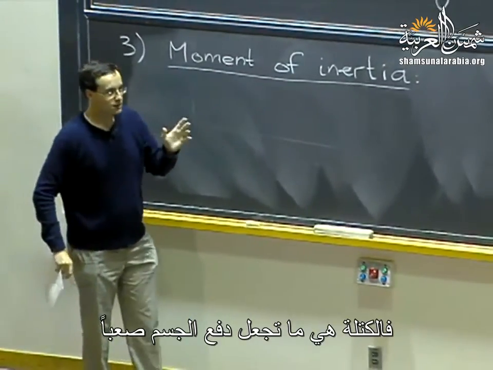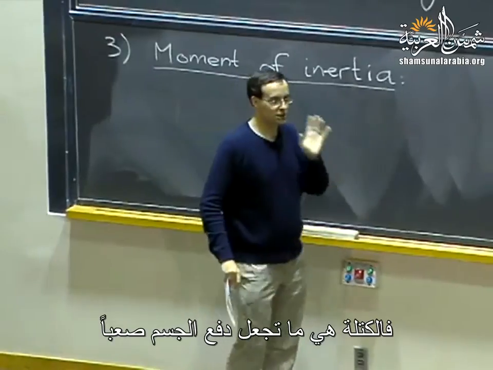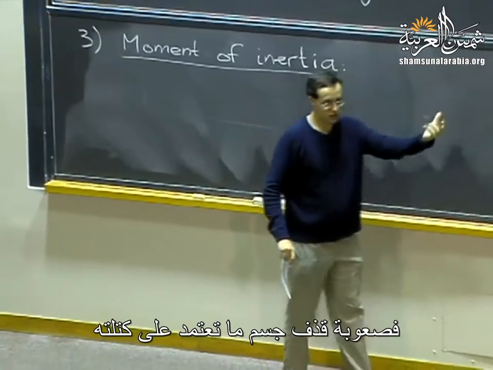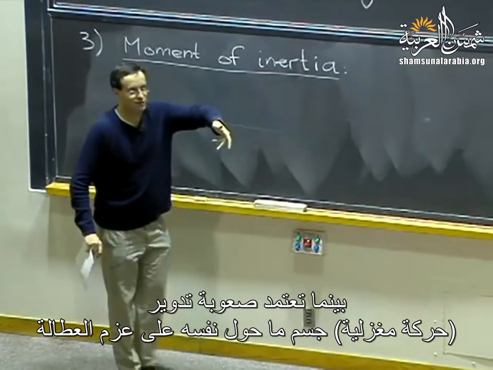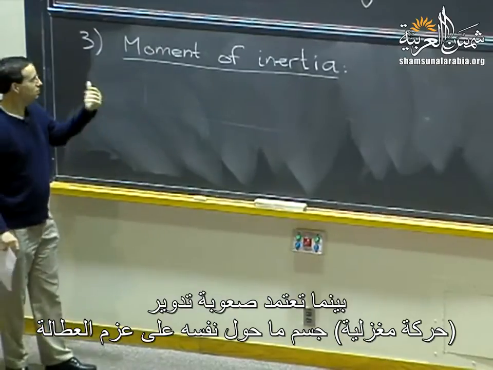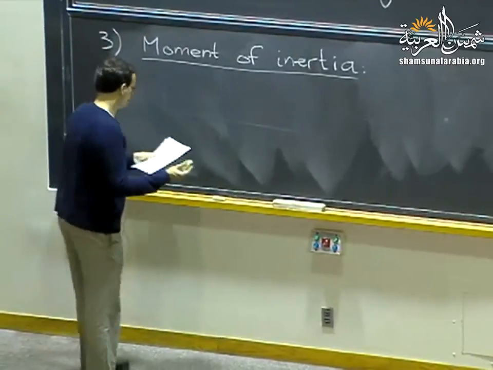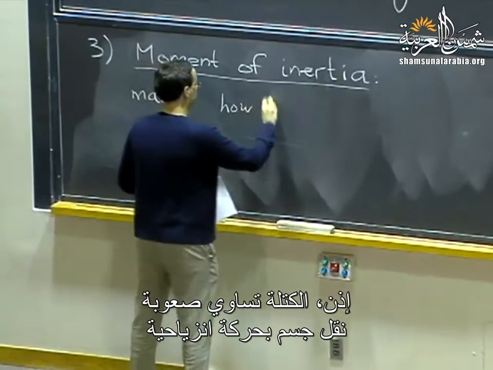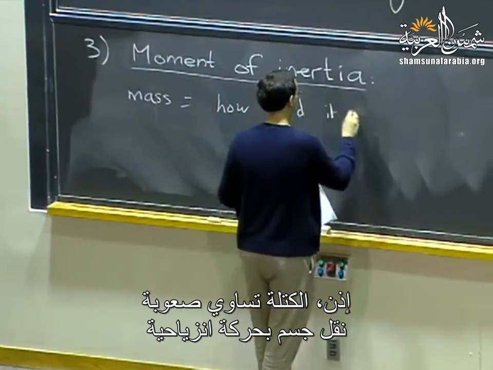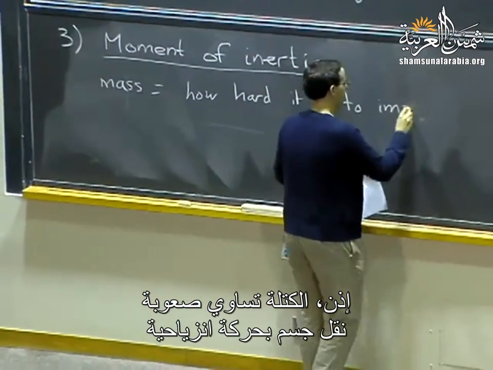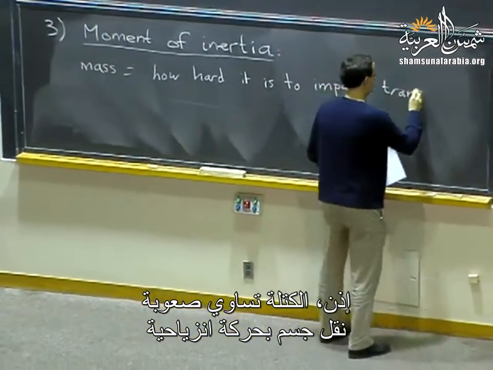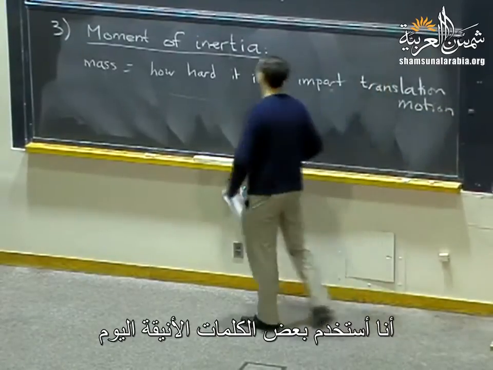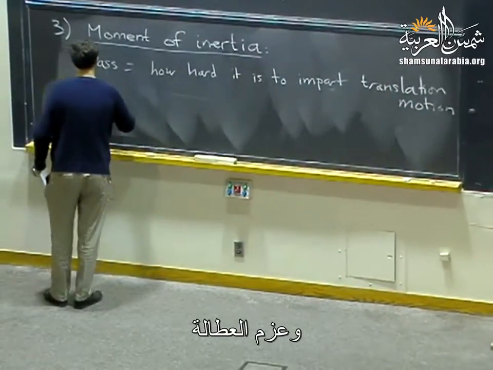In the following sense, the mass of a solid is what makes it hard to push it. How hard it is to throw something is related to its mass. How hard it is to spin something, on the other hand, is given by its moment of inertia. Maybe I should write this down. So mass is how hard it is to impart a translation motion to a solid. I'm using fancy words today. And the moment of inertia,